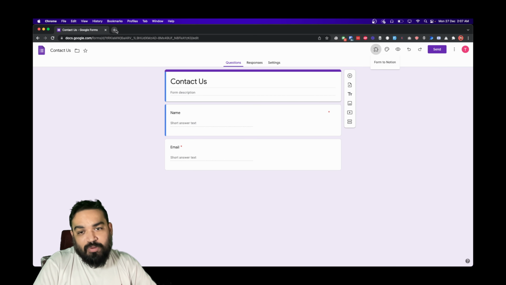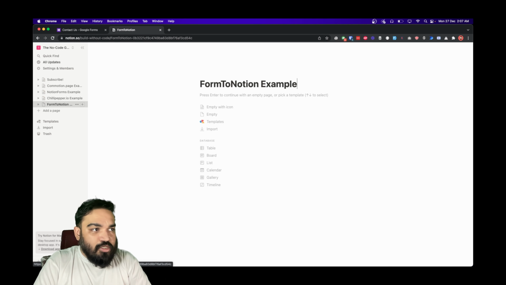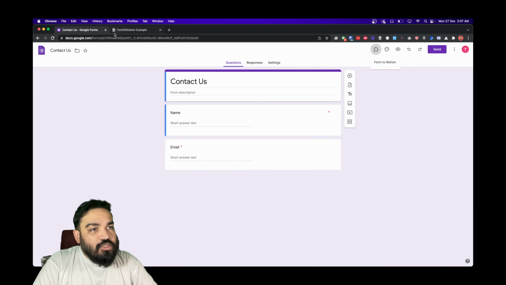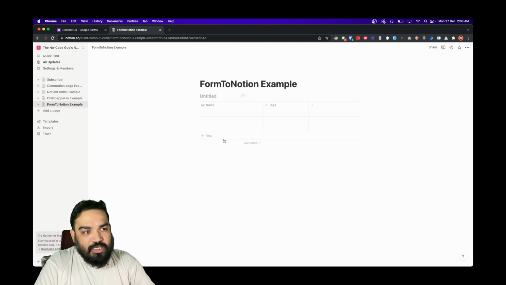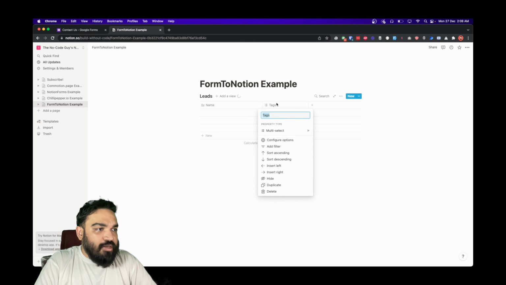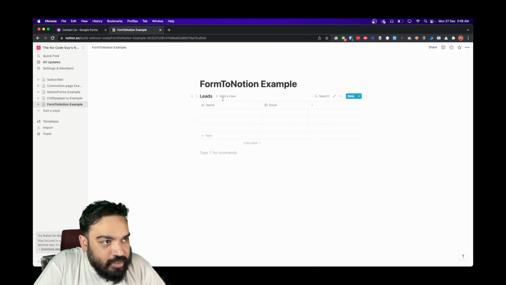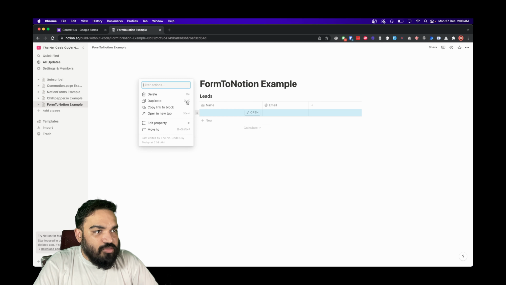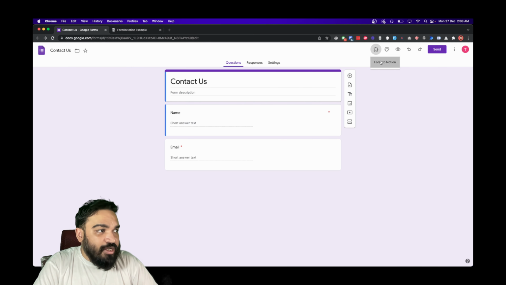So I'm just going to quickly open Notion. Let's create a new page called form to Notion. Just for the sake of this example, I'm going to create the fields also. In this case, we just have 2 fields, so I'm going to create the 2 fields here only. Let's do table as in the database, and then fields name, and this will become email. Let's do email as a validation, right? So we have these. I'm going to delete the empty rows so that we know the first one when we get it, right?